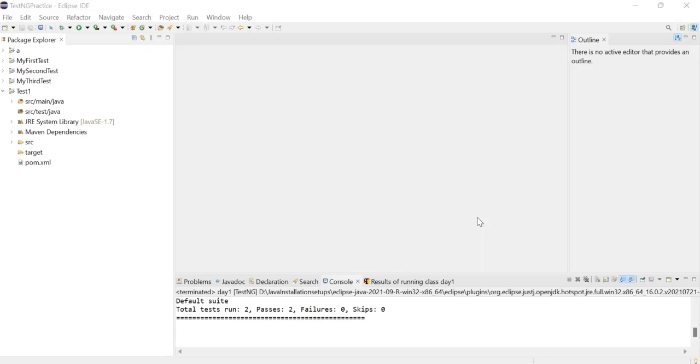In the very first session we created the test1 file, the test1 project, and in the test1 project we had pom.xml and the source test java folder, in which we are going to write some test cases. We also mentioned that there is a pom.xml, and in this tutorial we are going to learn